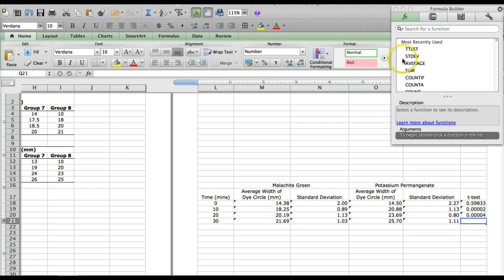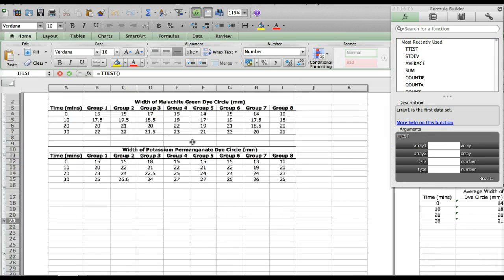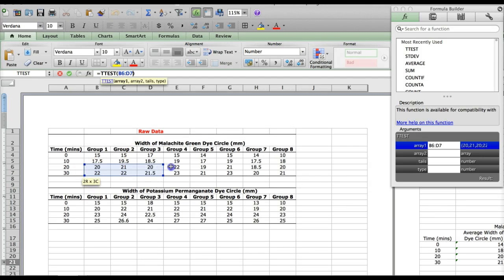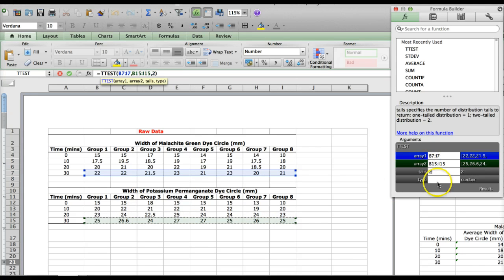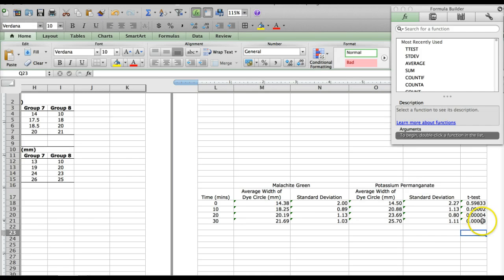Okay, last one. So I'm in this last box here, function, t-test. I'm going to go over here and select array 1 and array 2. Okay, got it right that time. 2 tails, type 1, and there you go, right? 0.0013. Okay, so all 3 of these time points are less than 0.05, so they're all significant, and we're not